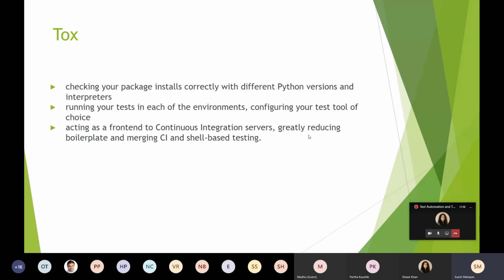The first thing that we're going to talk about is a tool called Tox. We use this tool for basically three things. First, we check that our package really installs with current Python versions and interpreters. It's mostly an automated virtual wrapper around whatever Python build we are using. You might not be able to understand it at this point so much, but just for information's sake,